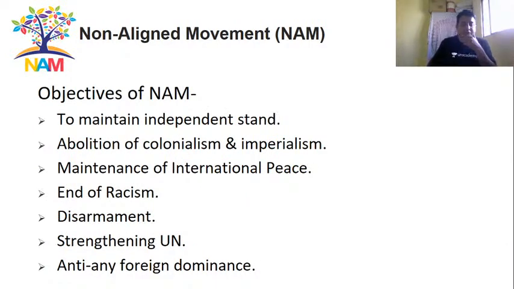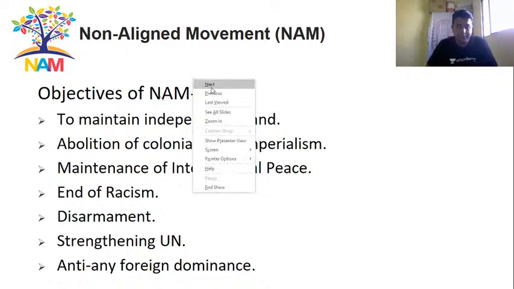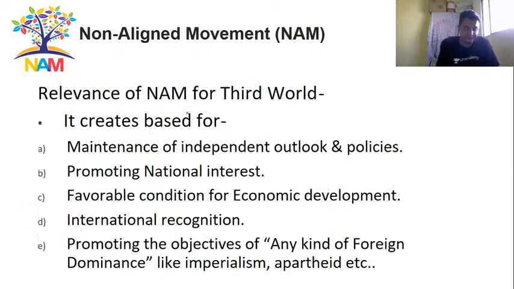Yes, anyone, any doubt, any query related to objectives, or is it just simple? So no doubt at all. Very good, very good. Next thing,